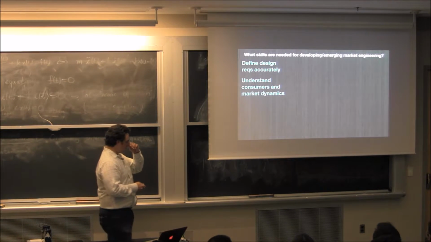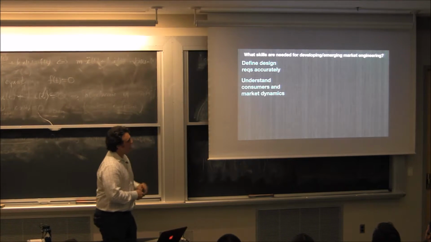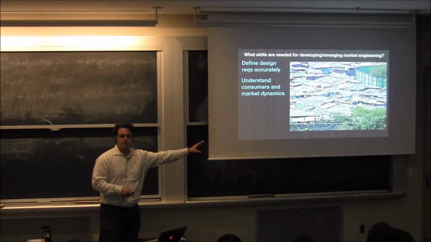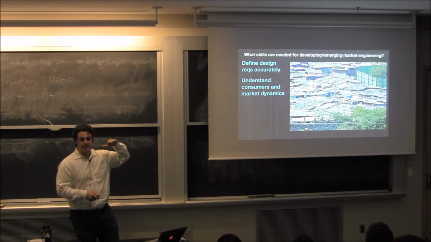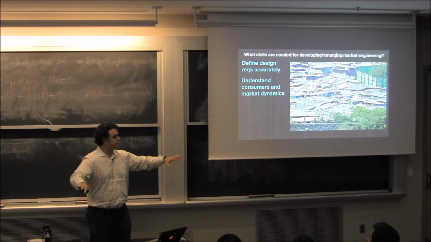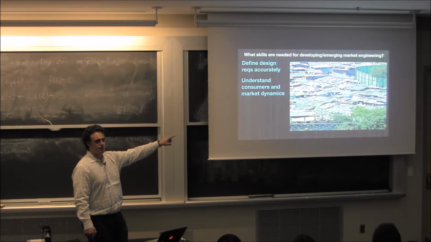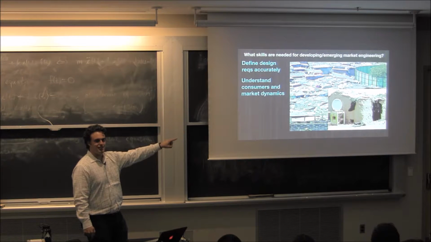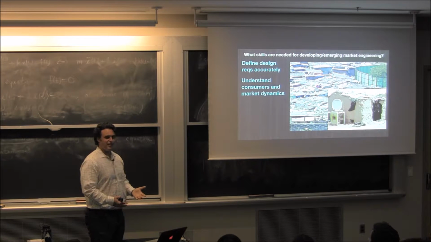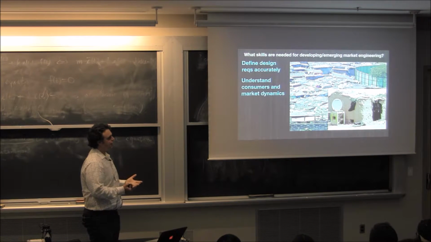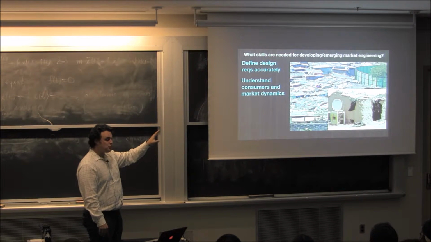The second is understand market dynamics that are unique to these countries. So in this picture, what is this a picture of? It's a slum, right? If any of you have flown into a city like Mumbai, you'll look around and you'll see just acres of this stuff. But what do you see on all these houses? Satellite dishes, right? And it's not like people are eating the satellite dish. This is a luxury-type product, but it's valued enough,